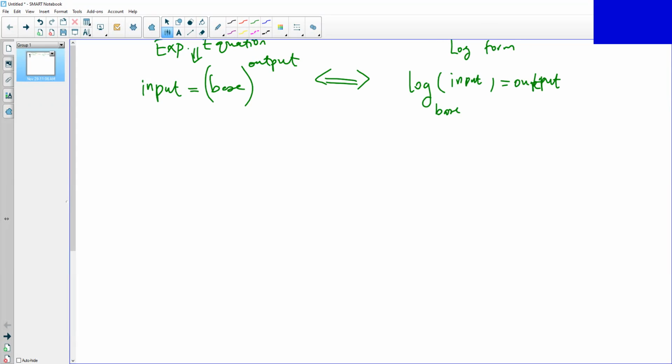Okay. So this will be the main thing that will help us to do lots of different things when we're working with exponential or log. So let me just give you an example of each. If you have this form, then you can convert it into that form to do whatever you need to do. And same thing, if you have this form, then you can convert it back to this form to do whatever you need to do. Okay, so let's start